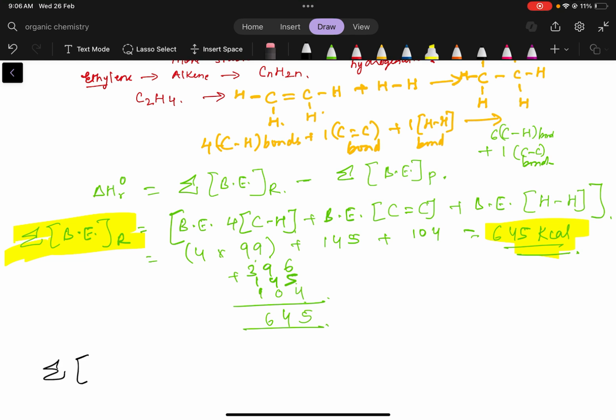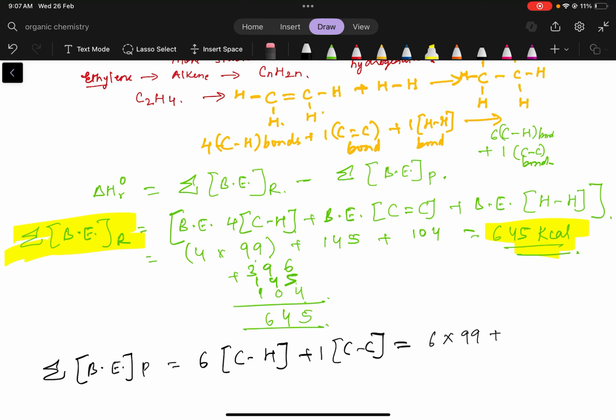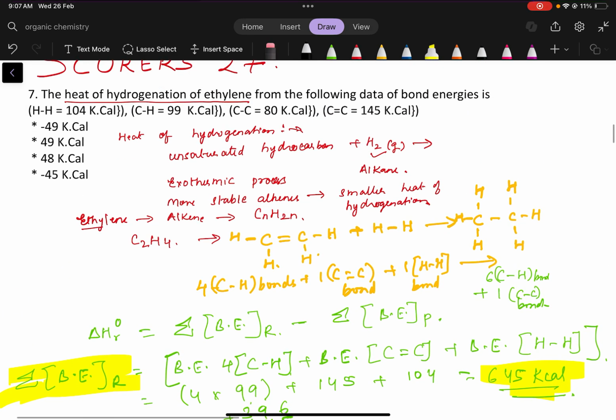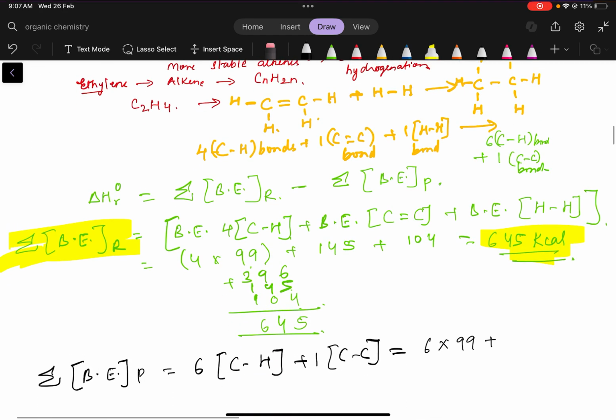So the bond energy of products is equal to 6 CH bonds plus 1 CC bond, which is 6 into 99 plus 1 into CC. One CC bond is 80. 99 into 6 comes to 594, plus 80 is equal to